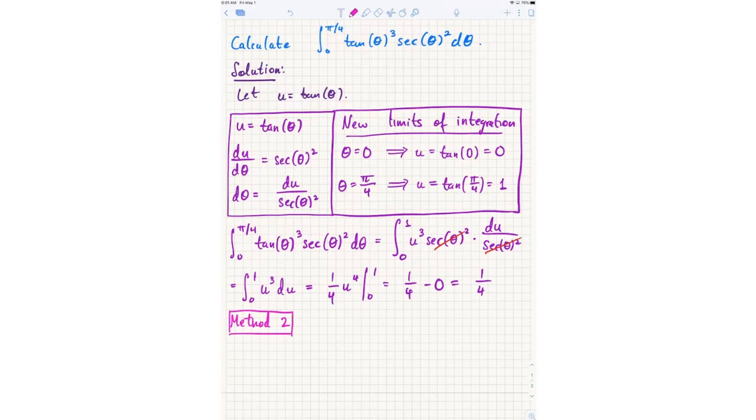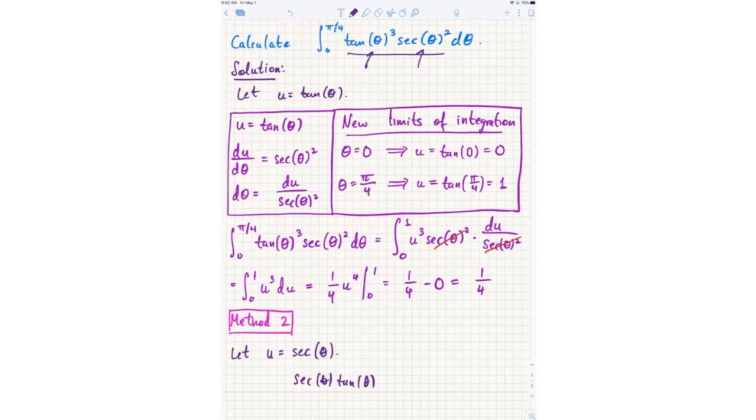Okay, so actually we could have also used secant theta. Right? What is the derivative of secant theta? The derivative of secant theta is secant theta tan theta. And is secant theta tan theta multiplying this whole thing? Yes. I mean, I see at least one factor of secant and one factor of tangent. So secant theta tan theta is multiplying the whole thing. Okay, so